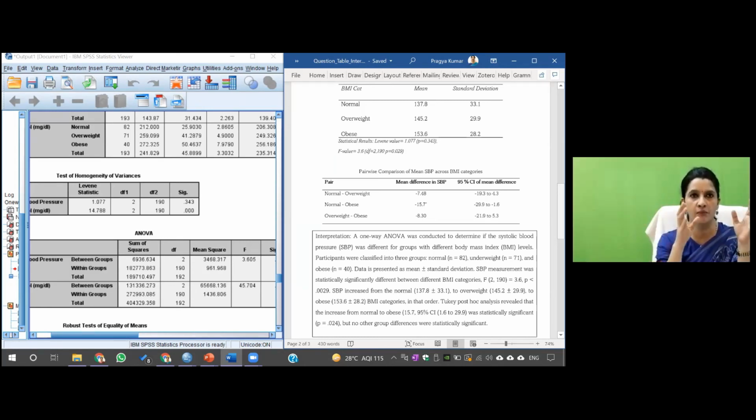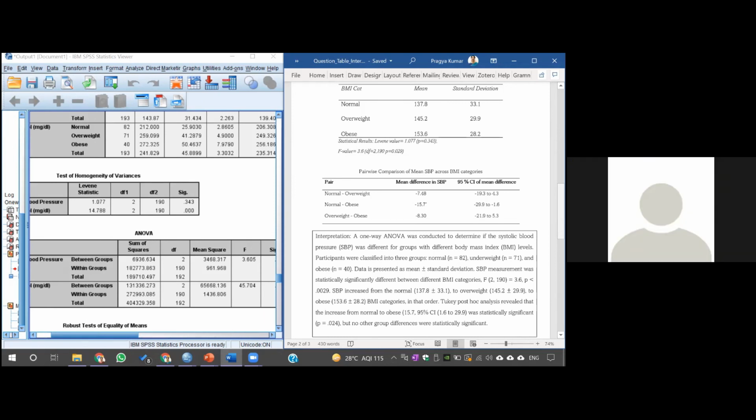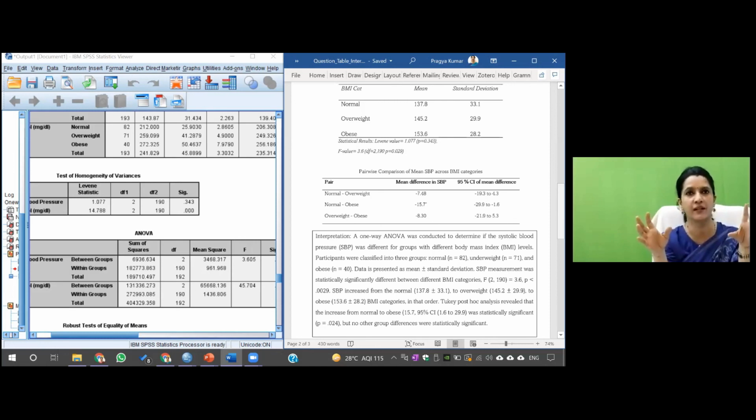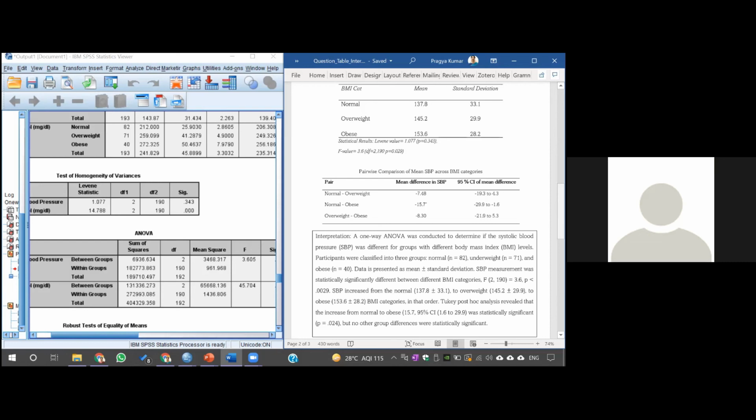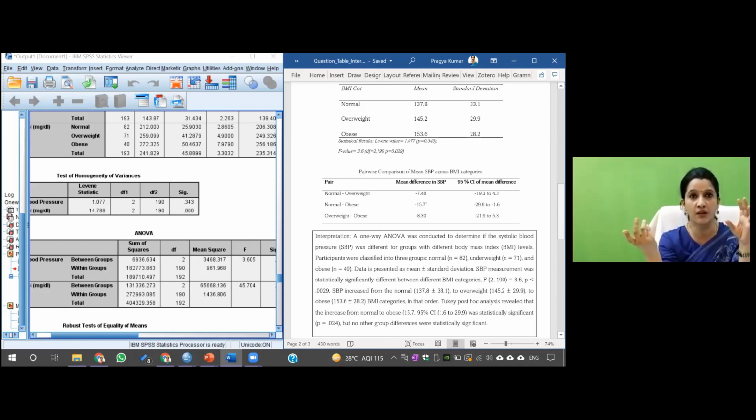Whether you subtract overweight from normal SBP or normal from overweight, the value will be the same. The only difference will be the sign. So for the sign I don't need to give the 6. It is not needed because it doesn't make sense also. The software is doing it because the software doesn't know which is high and which is low. There may be a study in which your second value is low, so the upper normal minus the second value will be positive. It depends on the outcome, positive outcome or negative outcome, right?